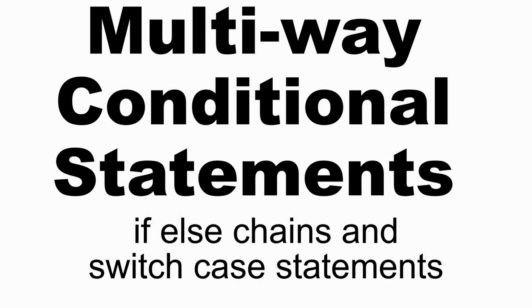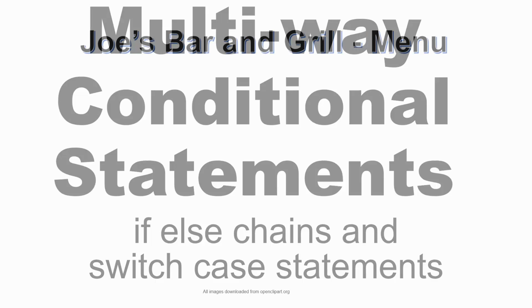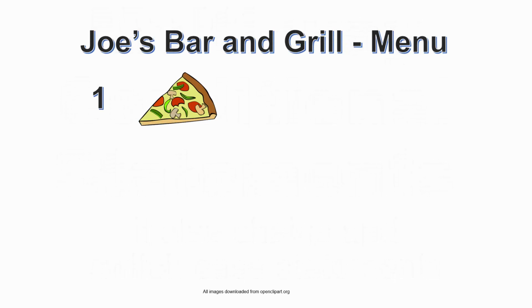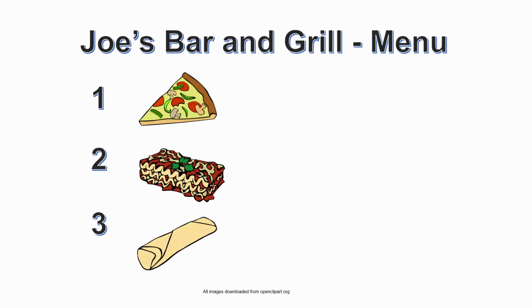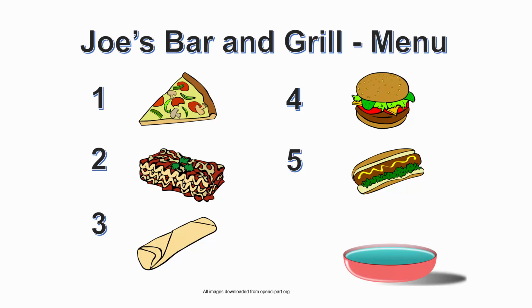Let's talk about multi-way conditional statements, something you can create with a chain of if-else statements or by using a switch case structure. Let's say you are searching a menu for something to eat, like this one, and have several choices. If you choose item 1, you get a slice of pizza. Item 4 is a hamburger, and if you just can't make up your mind, you'll have to settle for a